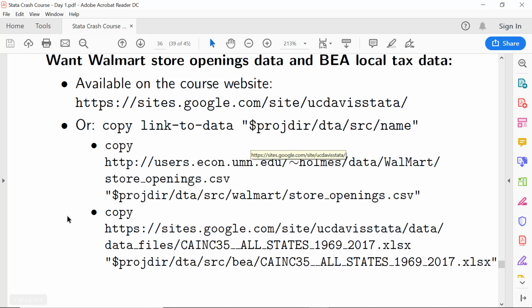So this is all on one line. It just didn't fit on here, but copy space http://.csv space and then this. Do we need to have the link